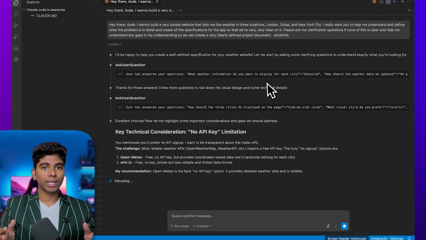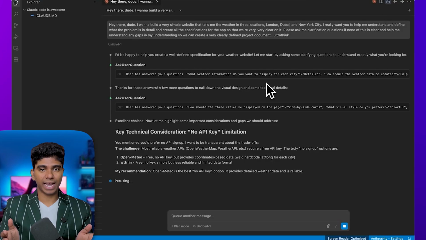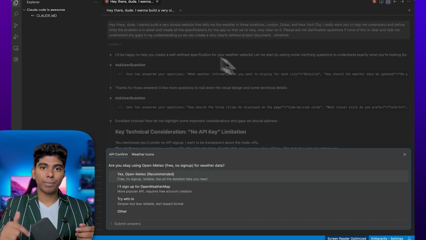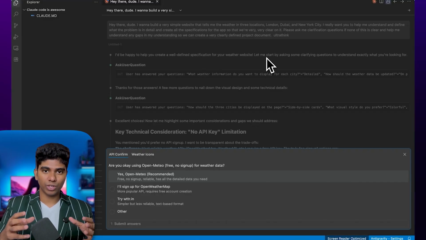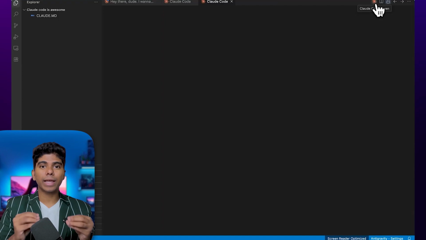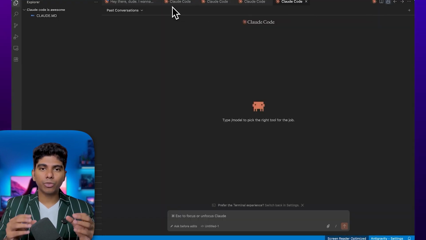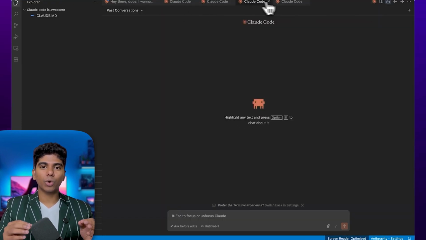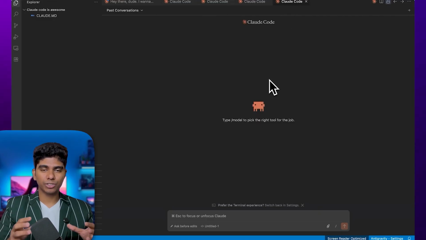Now Boris says he actually has 5 agents running simultaneously within his actual desktop, as well as using one other very interesting thing. Now there's actually 2 ways we can do this. One that he uses, and the other one with Anti-Gravity. Now Anti-Gravity, for example here, as you can see, is a beautiful interface. We have Agent Manager, we have lots of things, we can use Gemini. What you can do with Anti-Gravity is you see this Claude Code logo. I can literally click it like this. Right now, I can have 3, 4, 5 different instances of Claude Code,